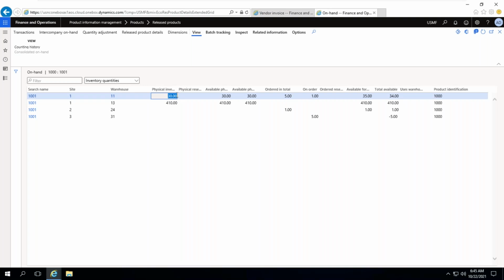Is that correct? Today I placed a purchase order, which means it is in the virtual world. It has not yet arrived in my warehouse. So how is it showing as physical inventory?